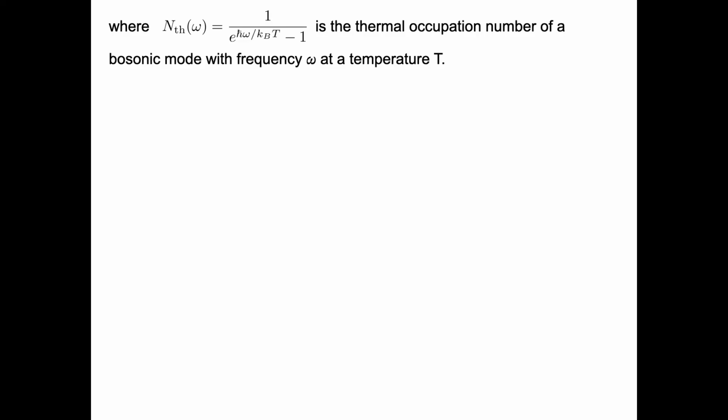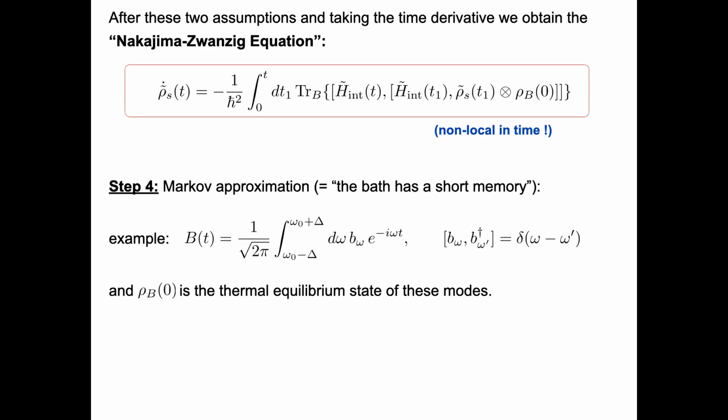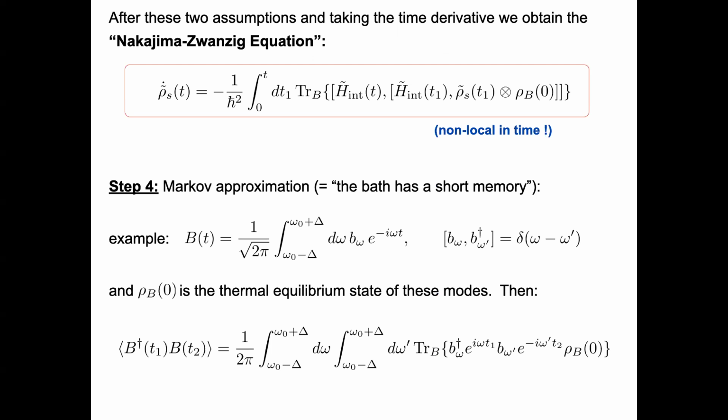Okay, so of course this occupation number is in general frequency dependent. If you have low frequency, then this occupation number is higher than at high frequency. Now putting everything together, the main point is that we sum over all these frequencies, and the only contribution where this expectation value can be non-zero is when you evaluate it for the same frequency. That's why I have this delta function here, and this simply eliminates one of these integrals.